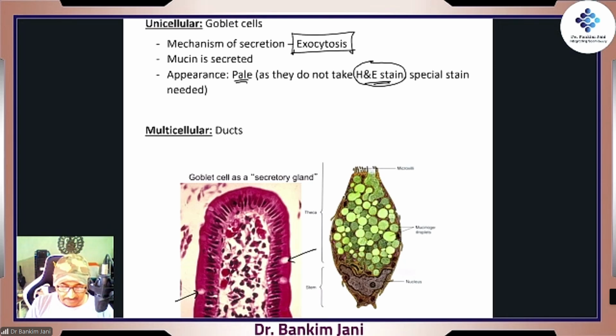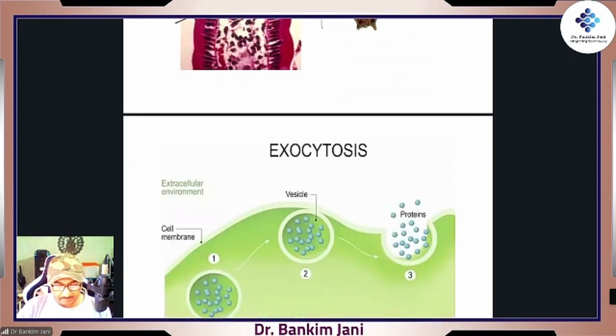So when we were watching that, okay, these are the columnar stratified, these are the simple columnar epithelium, and in between we are watching these blank spaces, because all these cells picked up the H&E stain very well, while goblet cells didn't pick it up. So that's why they were not visible. For that, a very special stain is needed. Multicellular glands are like ducts.